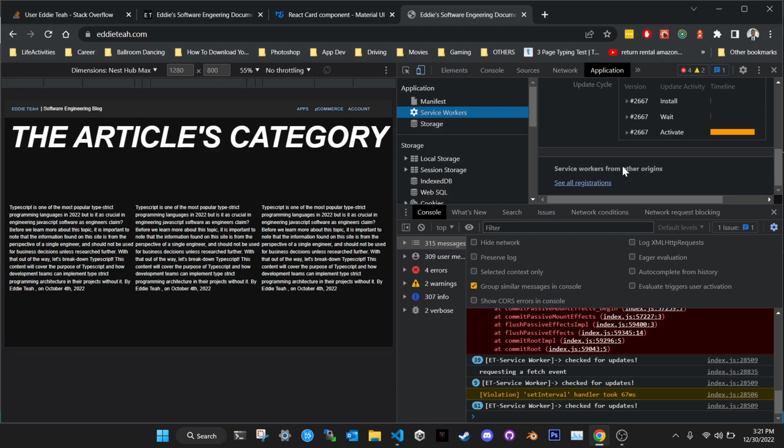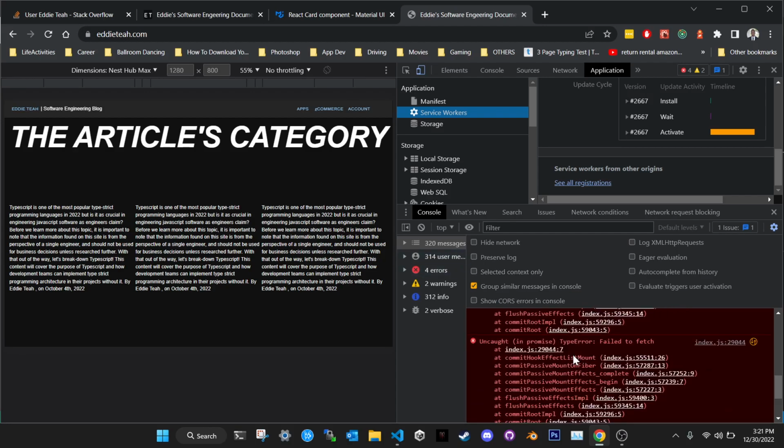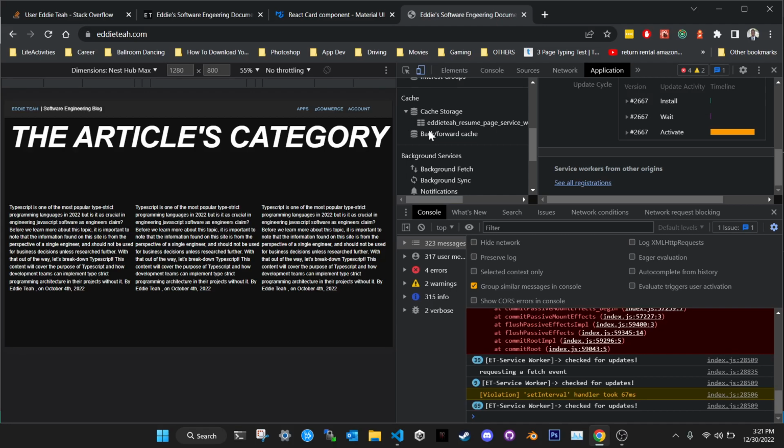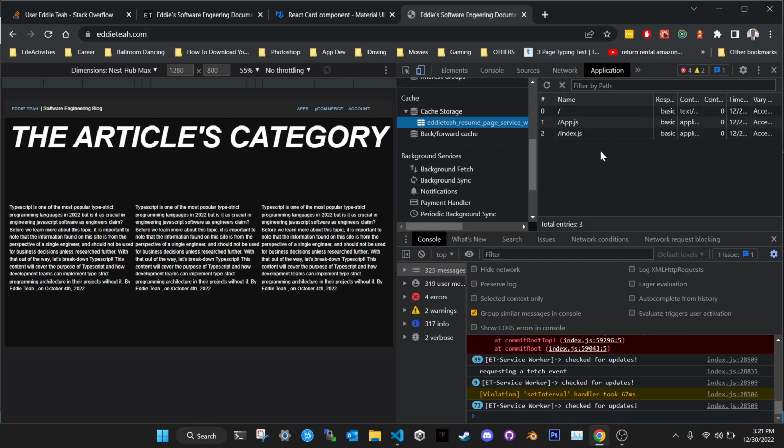Anyways, the console log content I'm gonna take out just so that users don't have a bunch of messages being logged in their background. So what service worker does basically is you can cache stuff in here.